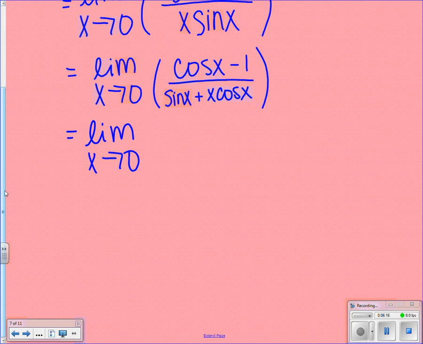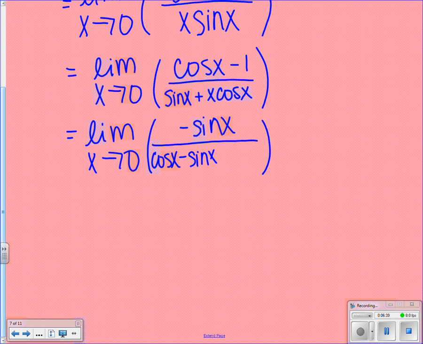So we're going to have the limit as x approaches 0. The derivative of cosine of x minus 1 is negative sine of x. The derivative of sine goes to cosine. And now we have to use the product rule yet again. So the derivative of x is 1 times the derivative of cosine, which is negative sine x. And then we have plus,